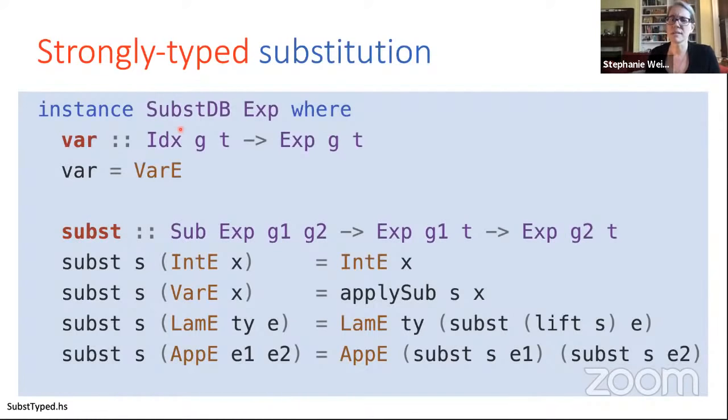And the other thing to notice is to look at what didn't happen. What if I had screwed up while I was trying to write down the implementation of substitution in this particular version? Like, what if I had forgotten to apply subbed here and just return var e? Or what if I had forgotten to lift? In this case, because our substitutions have much more type information around, I would get an error message if I had implemented my substitution operation incorrectly. So as a library designer, as somebody who's designing a library to support the implementation of substitution for de Bruijn indices, this is fantastic, right? Those types are helping clients of the library make sure that they use that library correctly,